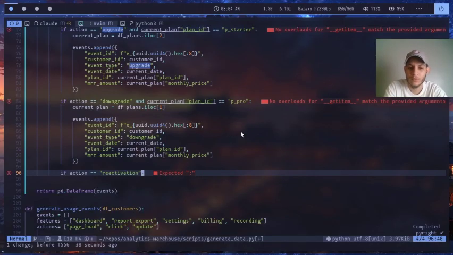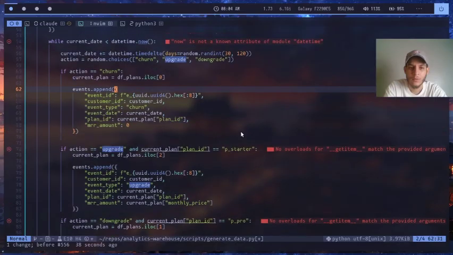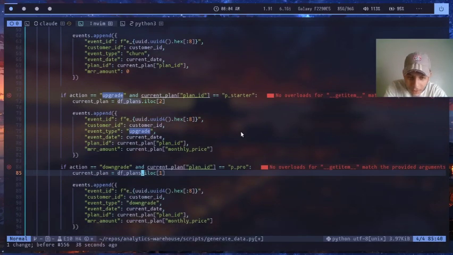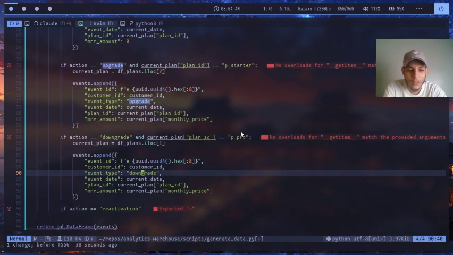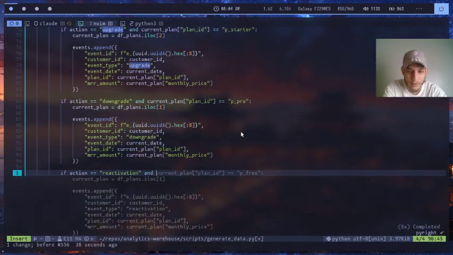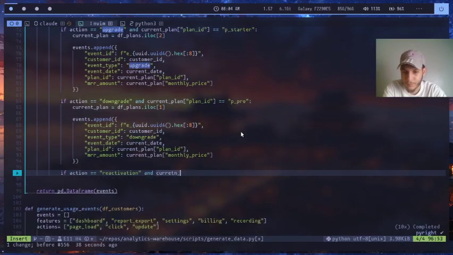Action. You can't downgrade. You can downgrade unless your current plan is set to Pro. Okay, the logic is correct. The AI is stupid. And current plan, plan ID